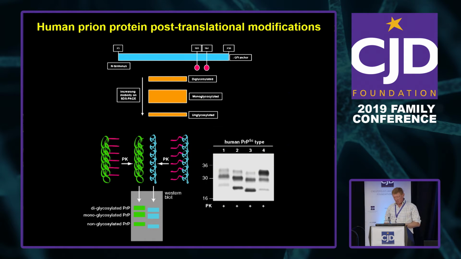So this is showing the organization of post-translational modifications in PrP. At the top is the prion protein in a linearized form. It has a start, a C-terminus, an end, which then has a GPI anchor added that tethers the prion protein to the outside of a cell membrane. And there are two positions that can be variably glycosylated and have sugar trees attached. And that leads to three glycoforms being visualized by Western blotting,